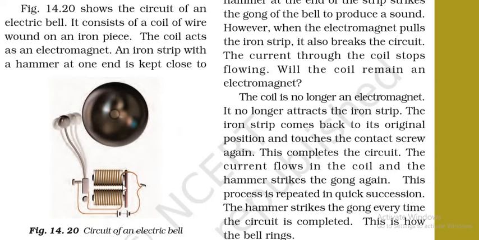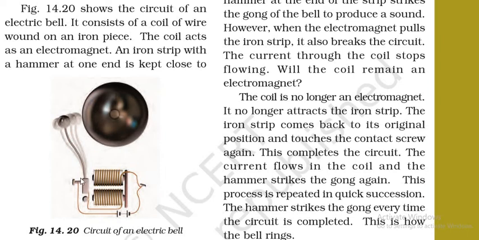So what will happen, children, once you put it in the on position, the current will pass through the circuit, through the connecting wires. And these two coils will actually start behaving like an electromagnet, and since they are behaving like an electromagnet, they will pull the iron strip towards themselves, and it will lose its contact with the contact screw and will come towards here. Since it will move from here to here, this hammer will hit the gong and the sound will be produced.